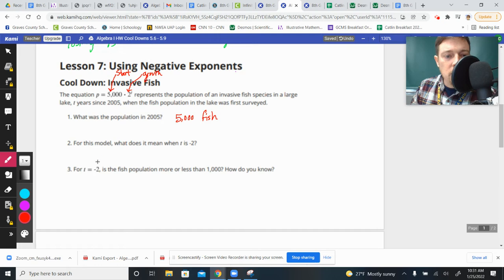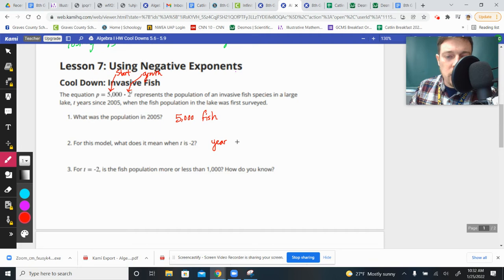For number 2, for this model, what does it mean when t is -2? Well, t right here is representing years since 2005. So when it's 0, it's 2005, which is why that's 5,000. And every subsequent year, 1, 2, 3, 4, 5 would be like 1 would be 2006. When t is 2, it'd be 2007, so on and so forth. So going backwards with those and making those negatives goes back into previous years. So if 0 is 2005, then -1 would be 2004, and -2 would be